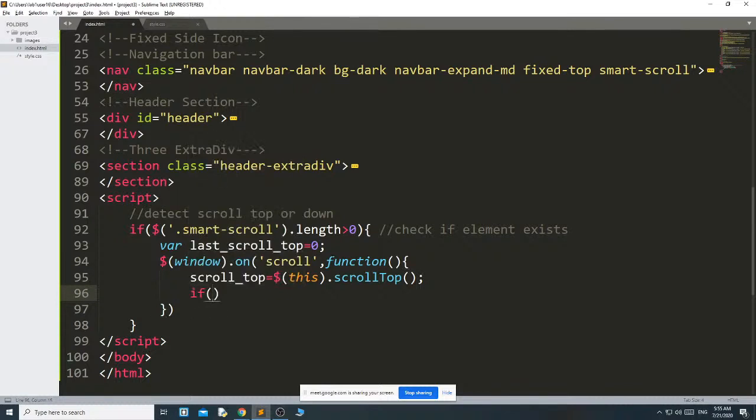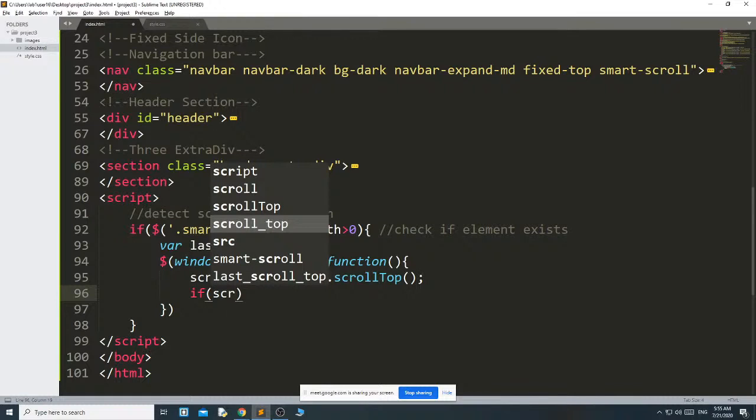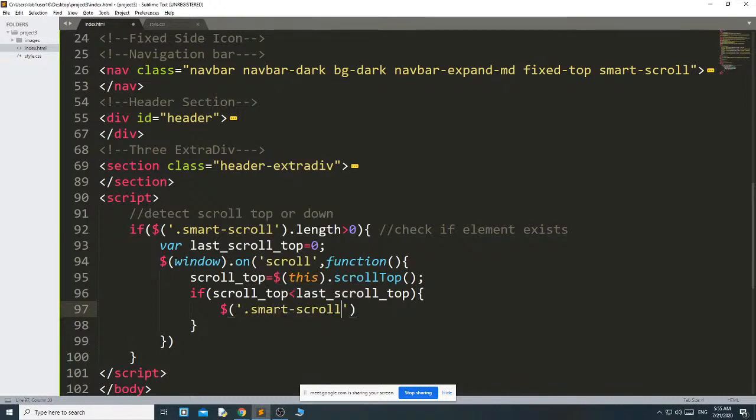If this value scrollTop is less than lastScrollTop, then $('.smart-scroll').removeClass.